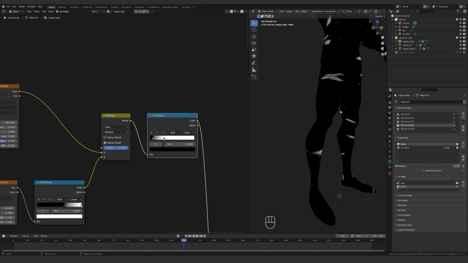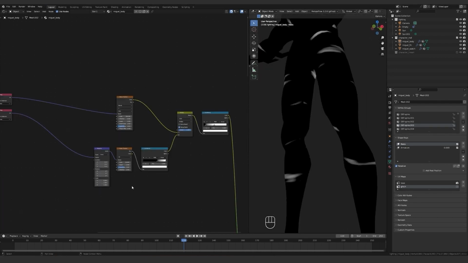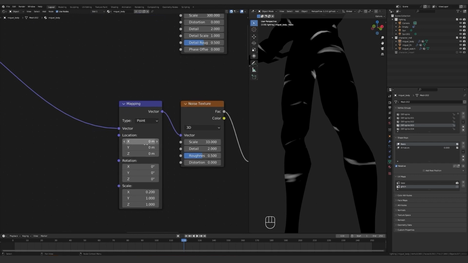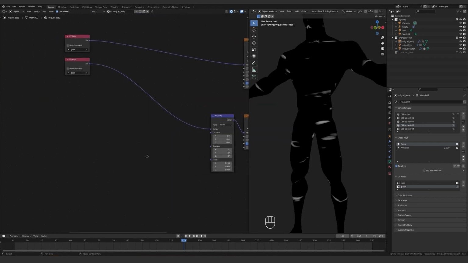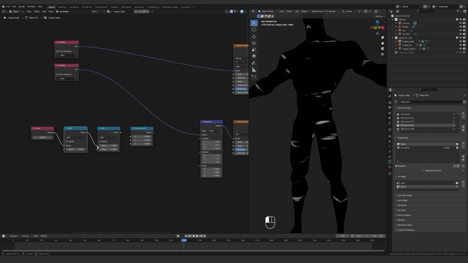Alright, it's time to add some animation to our lines. Instead of making the lines move up, we're going to animate the noise texture moving upwards. And the process is almost similar to what we did on the lights. The difference is only that we connect the value output to the y-axis and connect the combined XYZ to